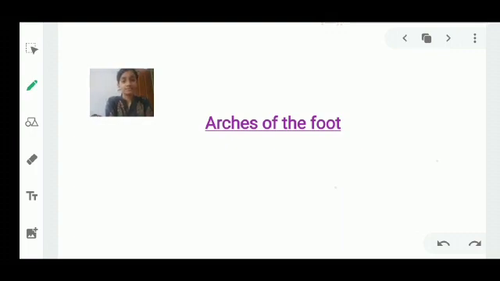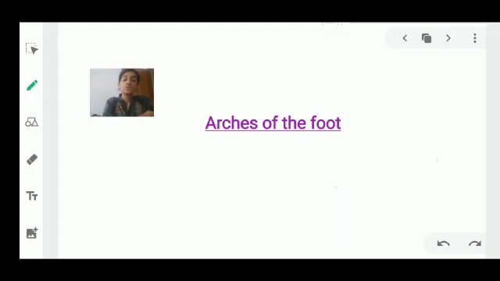So, let's begin. To give a brief introduction, what do we mean by the arch of the foot? It is nothing but the arrangement of the bones of our foot in the shape of an arch. It is present since our birth, but it is not very prominent in the baby's foot due to the presence of subcutaneous fat. As we grow up, the plantar concavity becomes more prominent. It helps us in bearing the weight of the body and in carrying out the normal day-to-day movement activities like walking, jumping, etc. So that's all about a brief introduction.